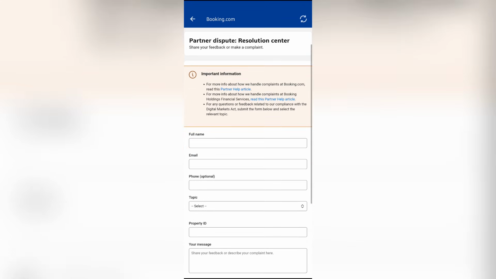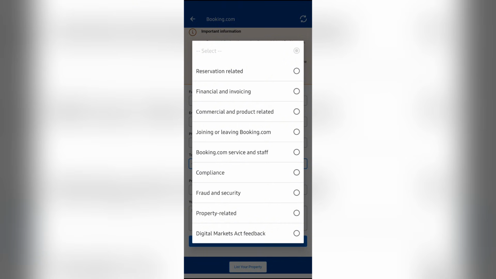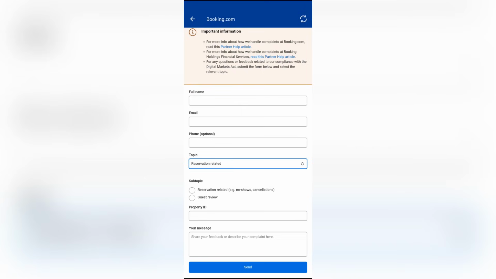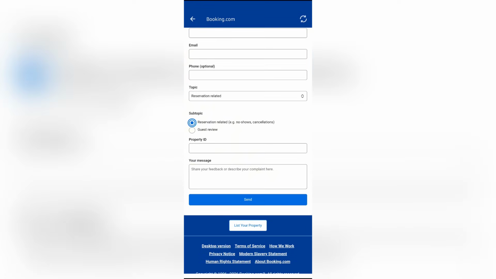where you just simply need to enter all of the details about the dispute. First of all, enter your full name, then email, then phone number, and then you need to select the topic of dispute. If you have any dispute regarding the reservation, just simply select reservation, and then you can also select a subtopic. If you have guest reviews or another reservation related issue, just simply select that, and you need to